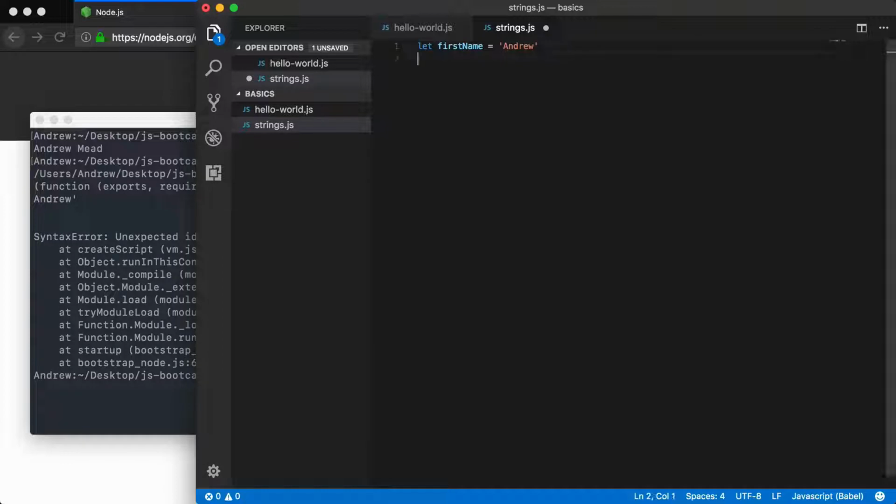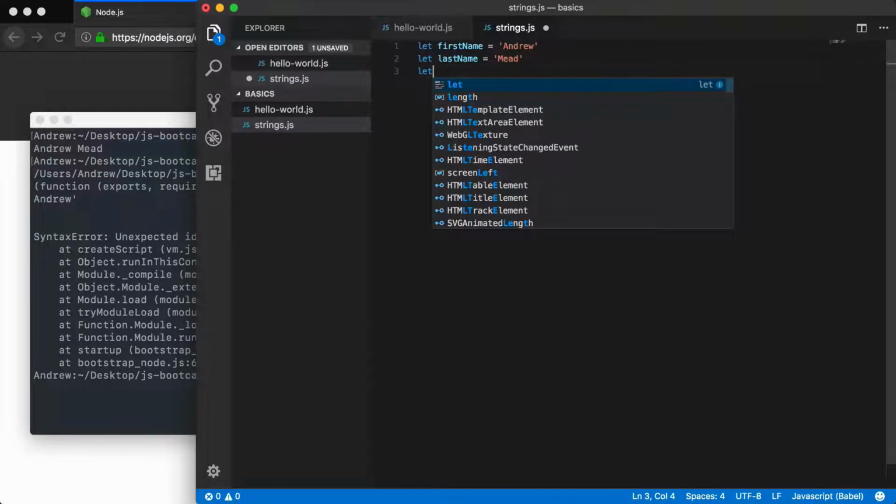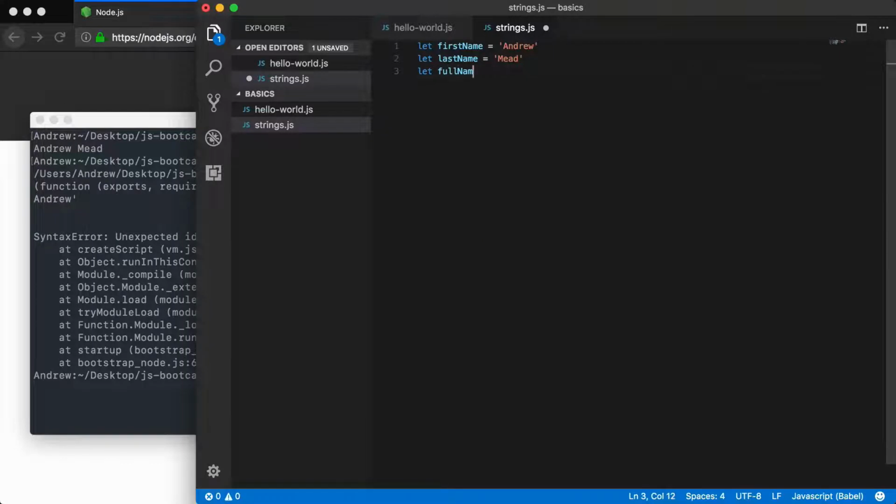Now we create lastName. Let lastName equal the string of our last name. And what we're going to do from here is create a variable fullName. Let fullName equal, what's it going to equal? Well, we want to use values from firstName and lastName. How do we get a value from a variable? We just reference the variable by its name. So let's start by grabbing firstName. From here, we're going to go ahead and actually print fullName, and we'll finish off line 3 in just a little bit. Down below,